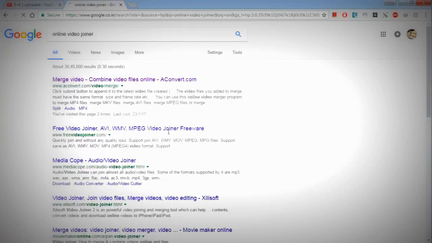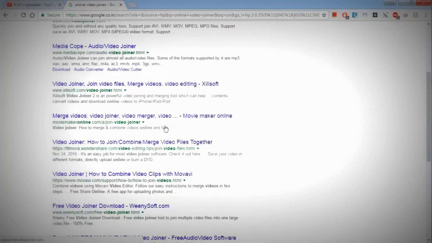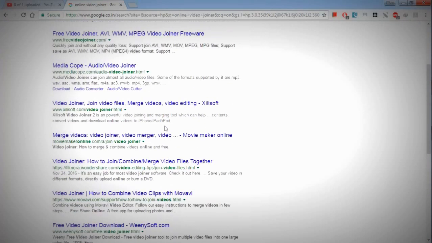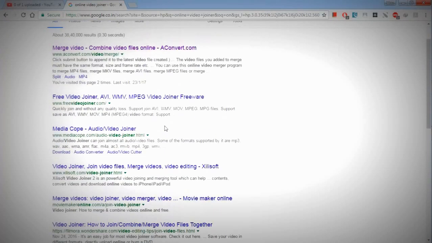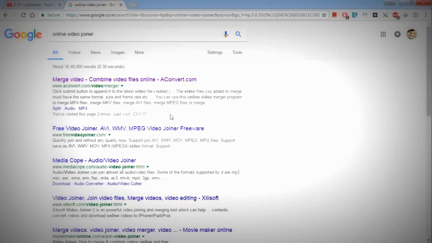After you press enter, you can see a list of websites which offer online video joining, and if you click any of these websites, they will show how to add the raw videos of your choice from your computer and convert them into a single video. The whole process of video joining will go on online, through your internet, either your raw data or using your Wi-Fi.